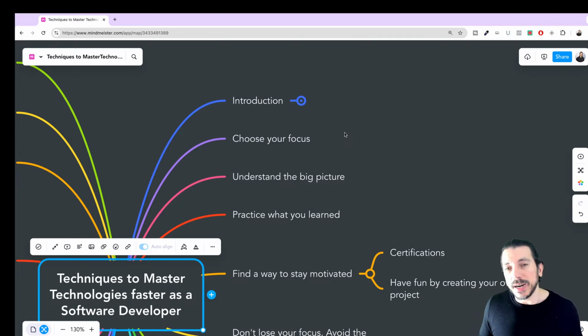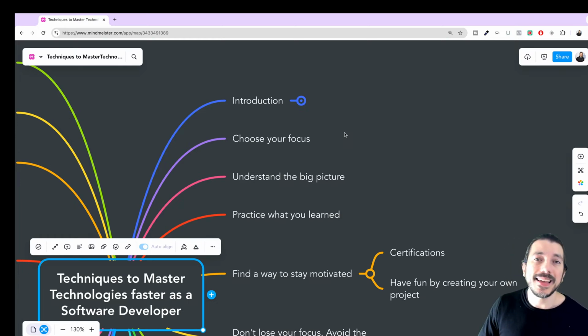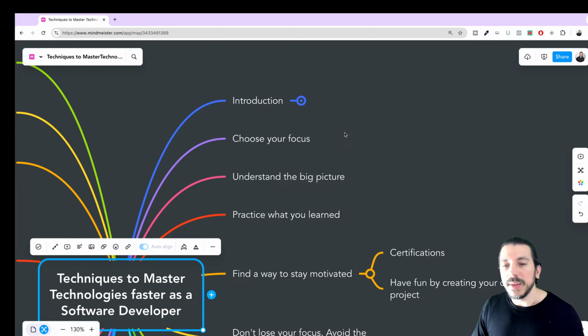Because like I said, what the market is valuing the most are good problem solvers, are generalists, are developers who can get a problem they've never seen before, and they figure it out. They figure it out by understanding what the underlying technologies are, by talking to the right people, and when you know the fundamentals, it's also a great way to solve problems. So that's what the companies are looking for, and obviously they want someone who